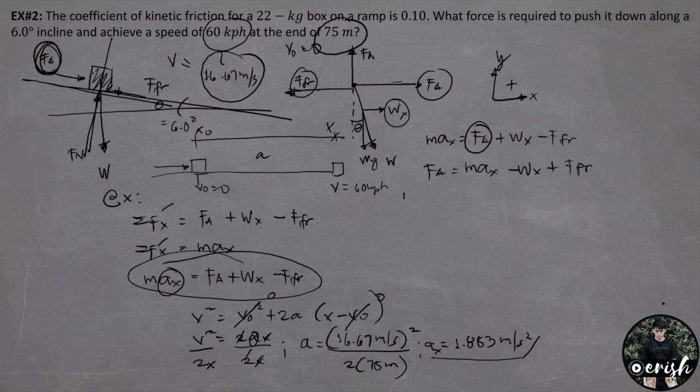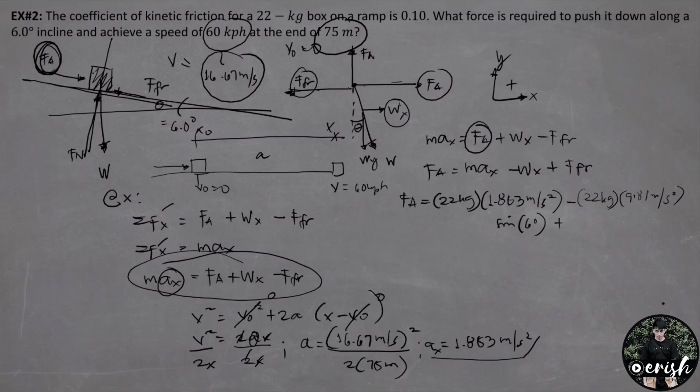Substituting the given values, force applied is equal to, ang mass natin is 22 kilograms times the acceleration na 1.853 meters per second square minus weight x or simply the mass times gravity sine theta. Ang mass natin is 22 kilograms again times the gravity na 9.81 meters per second square sine 6 degrees plus